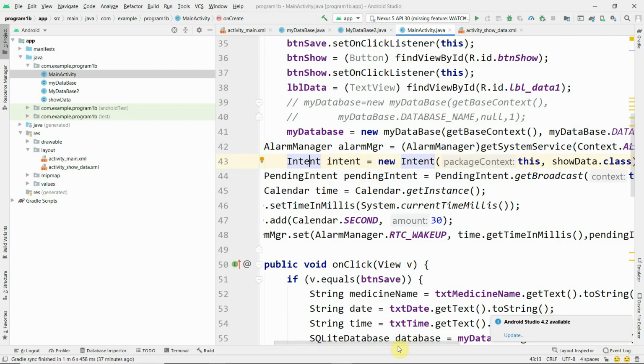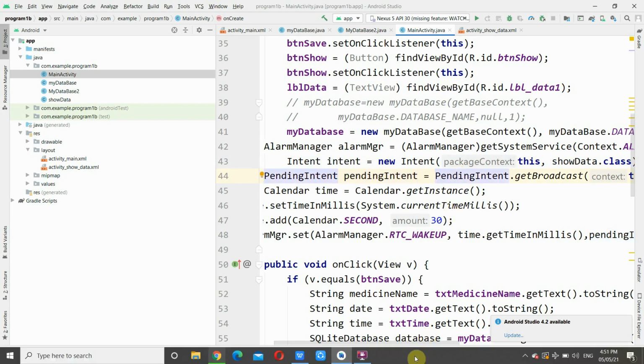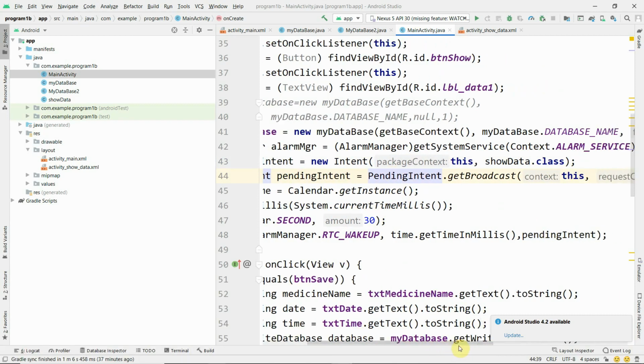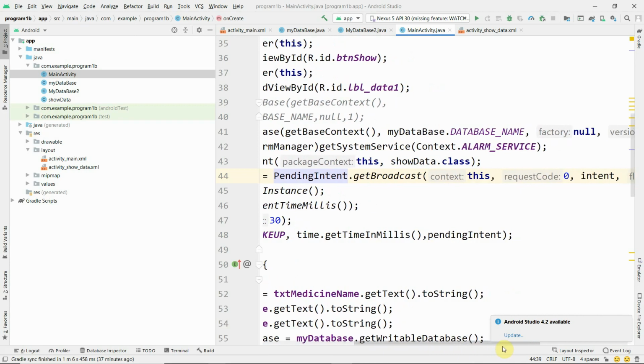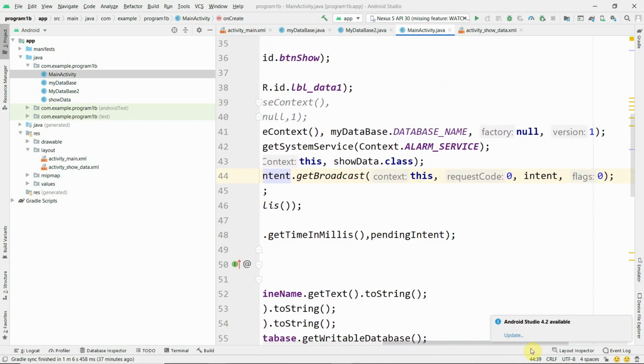An intent is nothing but an object which transfers data between two different activities. And PendingIntent is one more object, used to call the getBroadcast method and to pass the content of the intent object.